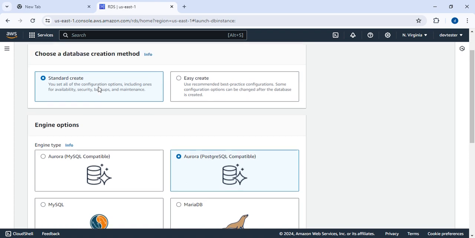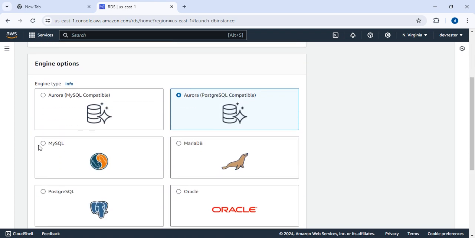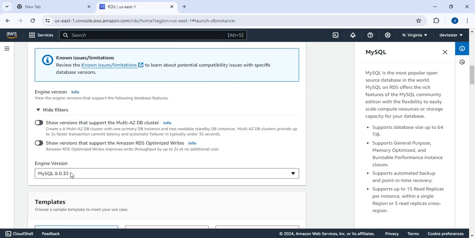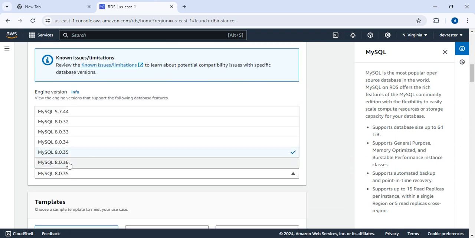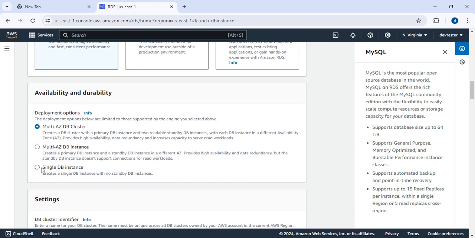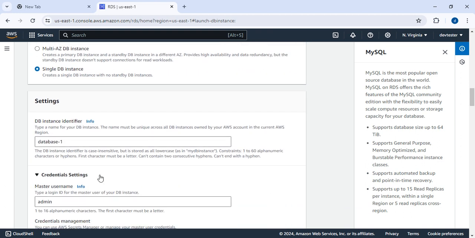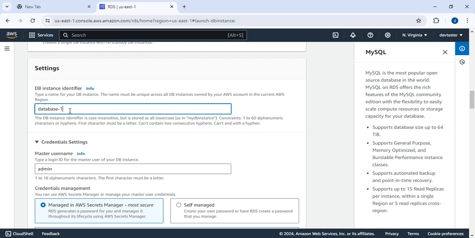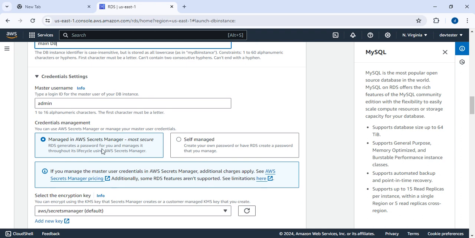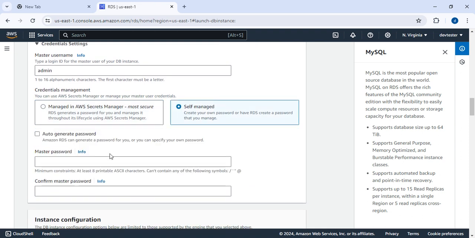As usual, I'm going to select the standard create, and the database engine is MySQL database engine, and the version I'm selecting right now is 8.0.35, and it is used for production purpose, and I'm going to select the single database instance. That is enough for my lab purpose. Okay, the database name would be database one, otherwise main DB, like that. Okay, and the credentials admin, the password I can set myself,